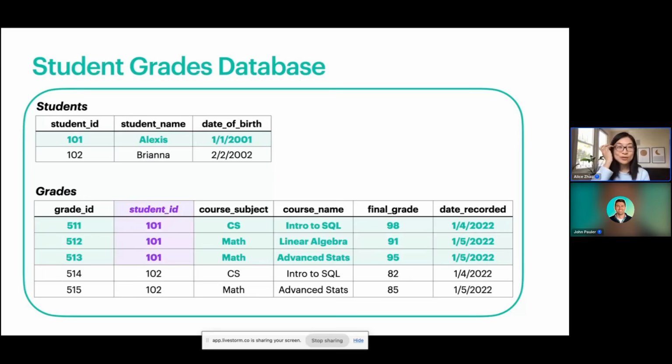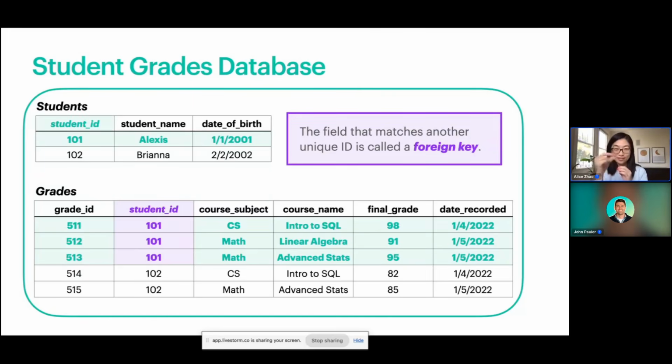And then here you see this student ID in this second table matches to that student ID in the first table up here. And this purple column here, this is called a foreign key. So this isn't as high priority to know, but you may hear this term when you're talking about databases. Basically, this field in that second table, that student ID, that purple area, because it matches the unique ID in that first table, that purple field is called a foreign key because it's a unique ID in the students table. So that should make a little bit more sense once we do the summary for this section.